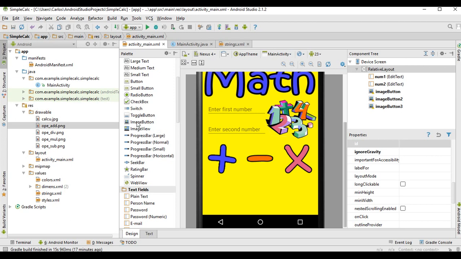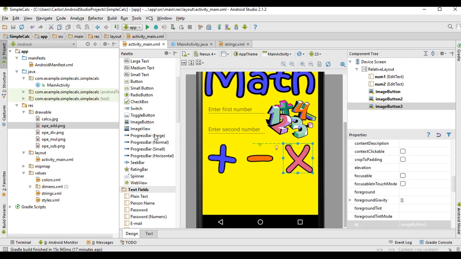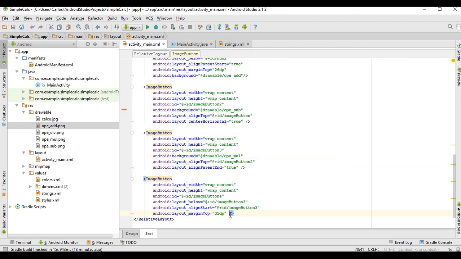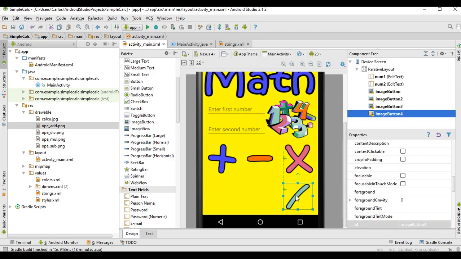For the fourth one, let's drag it here. And then palitan natin on this part. Div. Pansin nyo, align na kagad siya. So we already have